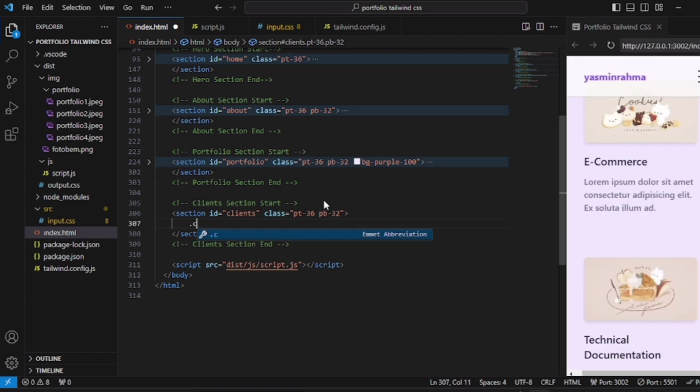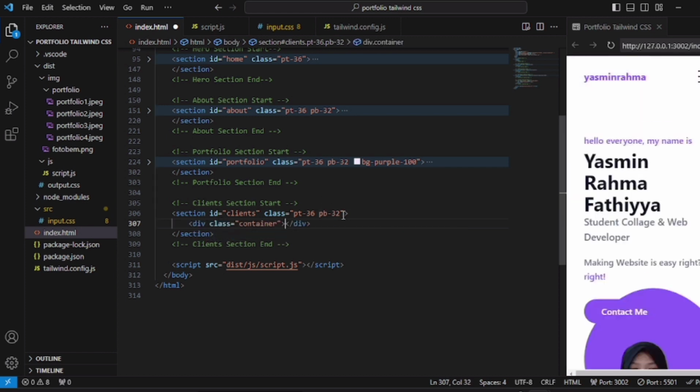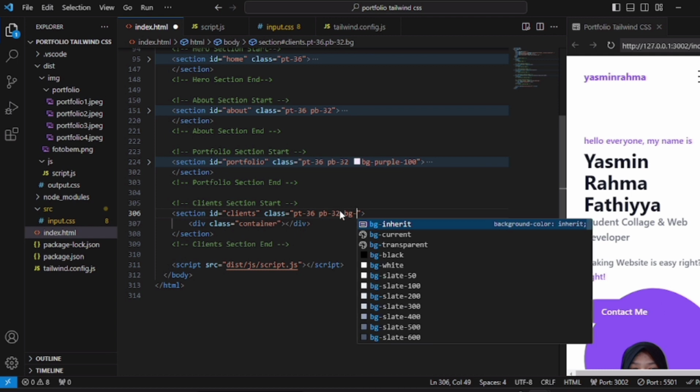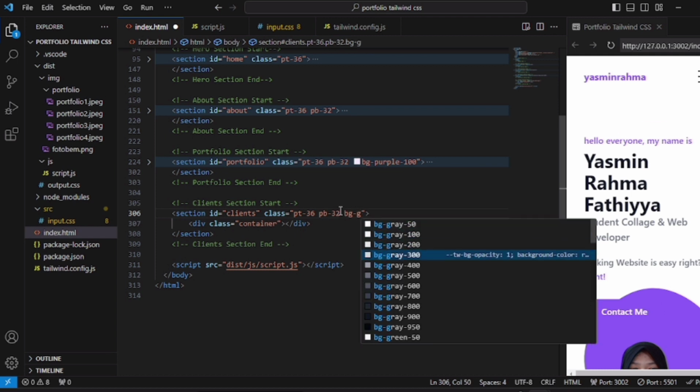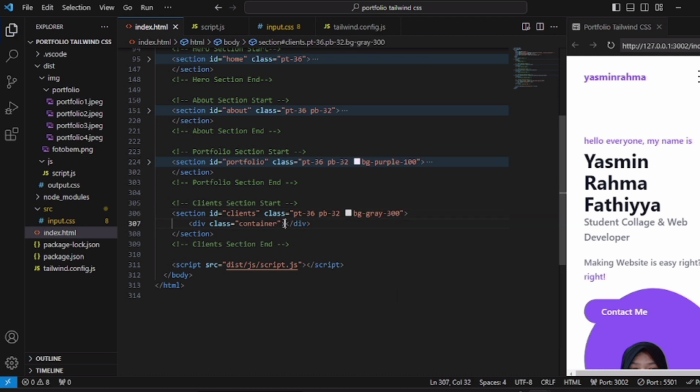And we make container like this. Okay, right here the background is gray, 300, like this. And for the container,